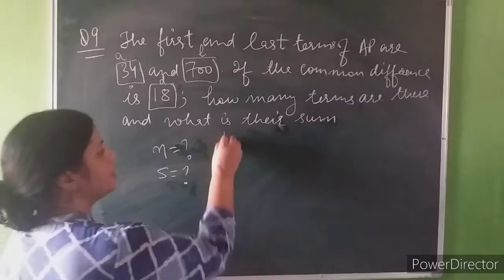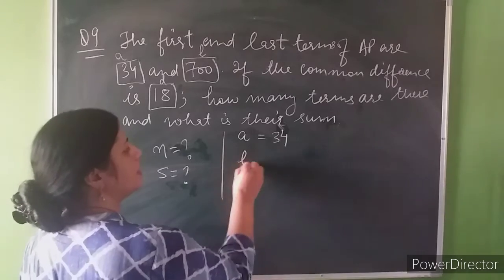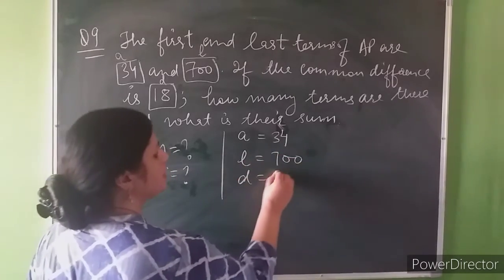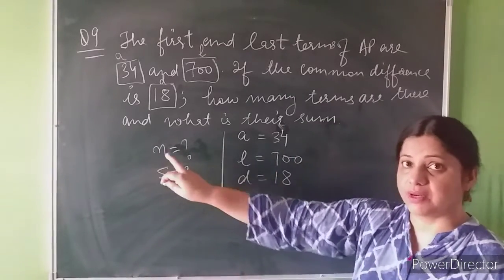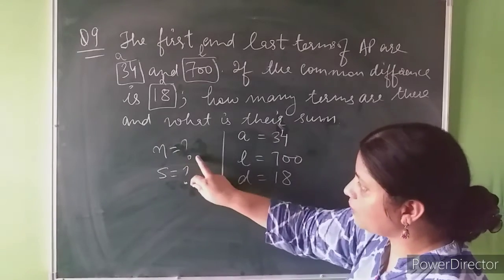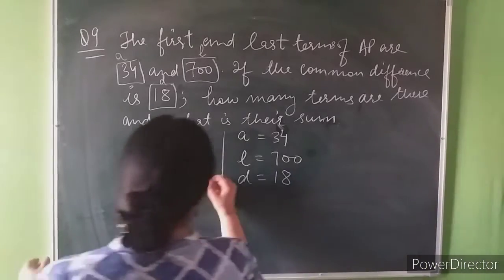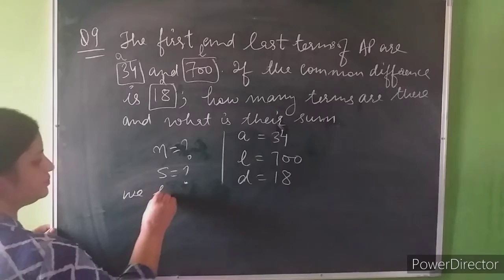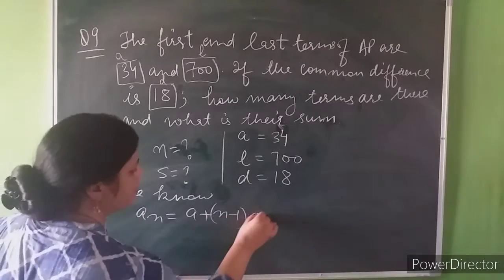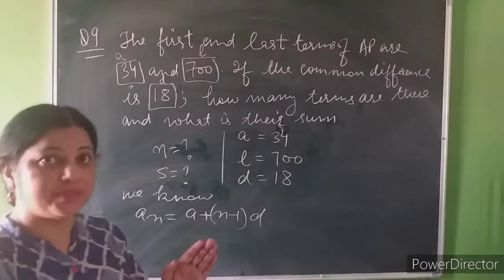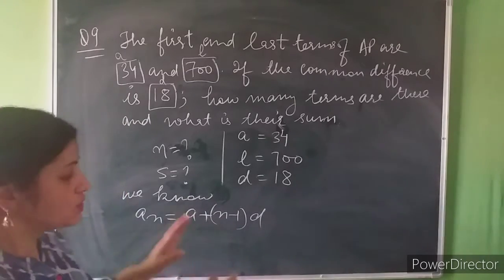Okay, now what we are given, we are given a is equal to 34, we are given a last term 700, and we are given d is equal to 18. Okay, first of all, our first work is to find n from here, number of terms. That number of terms will be found by making use of the last term. Last term will be taken as the nth term here. So what we will write, that we know an is equal to a plus n minus 1 into d. I am not still jumping to apply the formula of sum, because for sum we everywhere need small n number of terms, so we have to find that first.